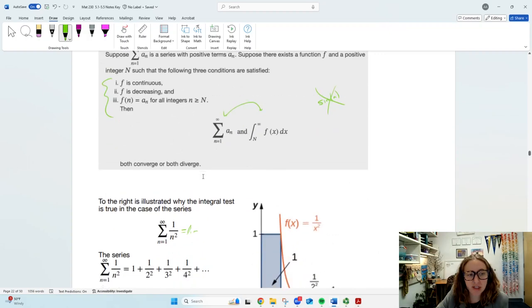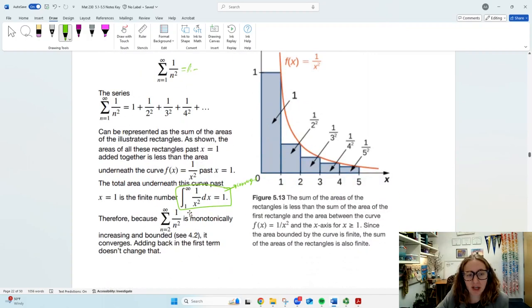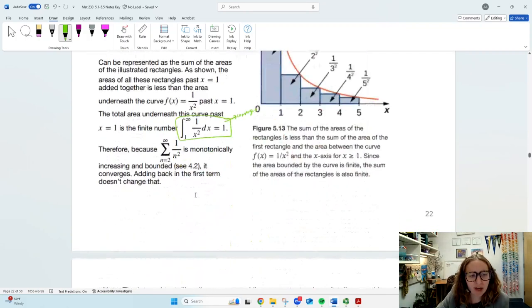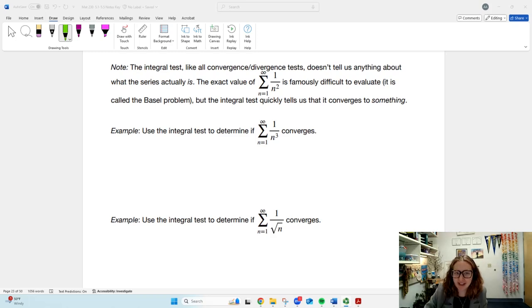It's decreasing, it's continuous, and my function can be written as a sequence. So if this converges, then this also converges as well. We don't know what our series converges to, but we do know that it converges. And again, I really can't say this enough: just because one thing converges to a number, like 1 in this case, this is not actually going to converge to 1 right here. But we can determine whether it converges or diverges by also looking at its improper